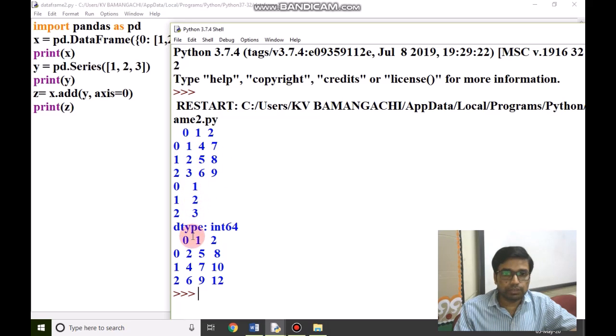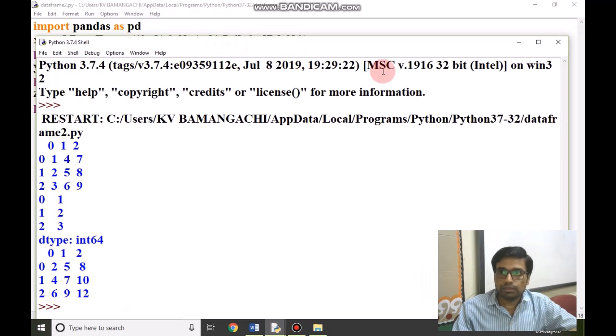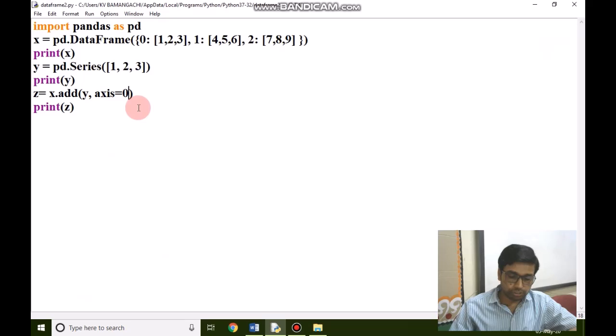So 1 plus 1 is 2, 2 plus 2 is 4, 3 plus 3 is 6, and 1 plus 4 is 5, 2 plus 5 is 7, 3 plus 6 is 9. The same way, 1 plus 7 is 8, then 2 plus 8 is 10, 3 plus 9 is 12. If we change the axis from 0 to 1, what will happen?